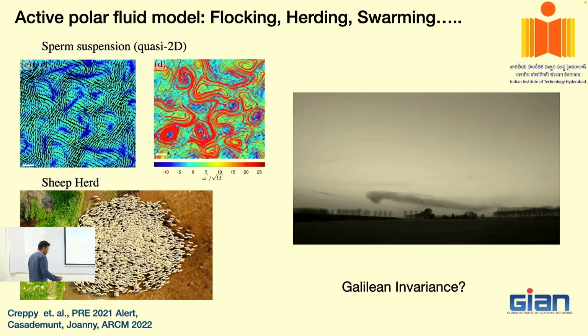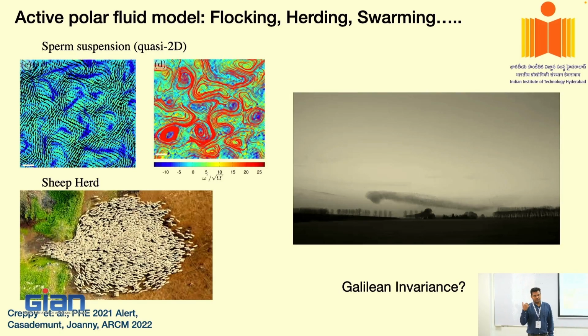The other idea is, for example, if you consider ourselves, if we are swimming in a pool or in a river or any quiescent water body, we will disturb the flow, and then the flow will be generated out of it, right? So when you have a system where activity is coming from the agent itself, rather than the disturbances being generated by an external flow, or like if you look at the Navier-Stokes equation, we had talked about two kinds of forcing. One is body force, the other one is through boundary force. If those things are missing, and flow is being generated